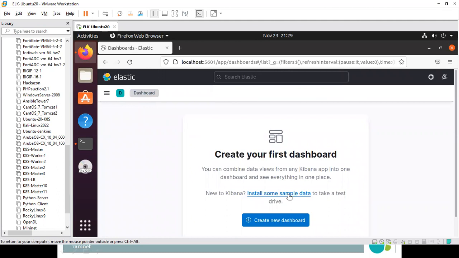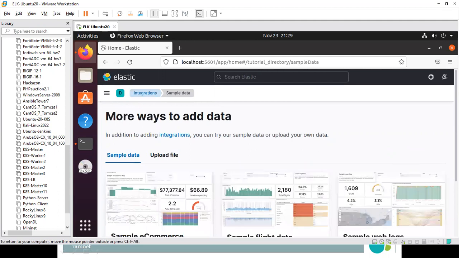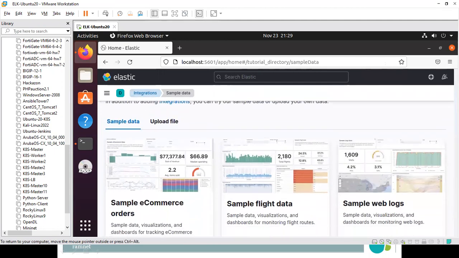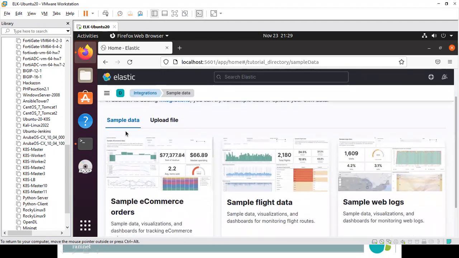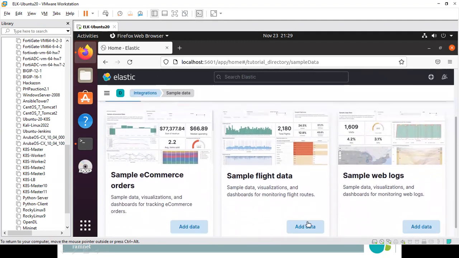Or we can install some sample data. Sample data is what has already been given by Kibana. This is not actual data as such. You can take sample e-commerce orders, sample flight data, sample web logs. Let me take the sample flight data and add data.